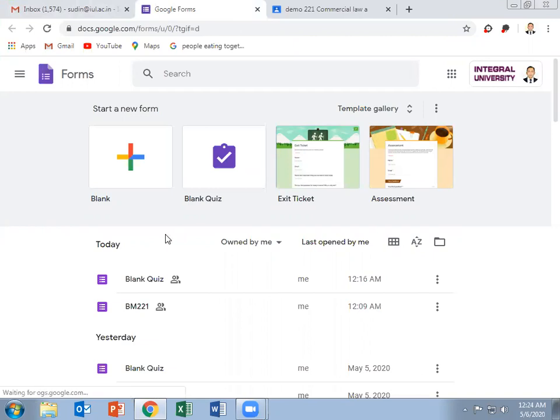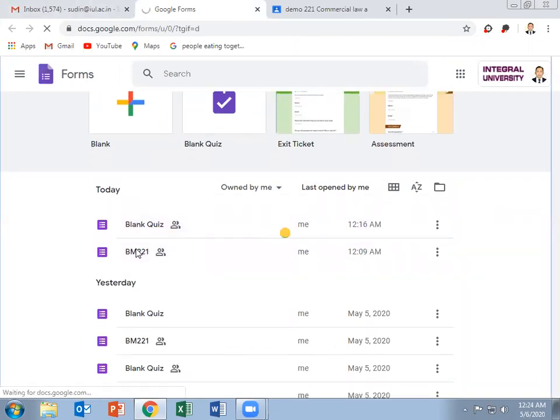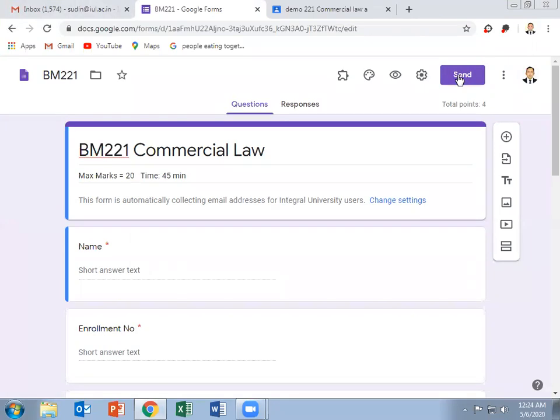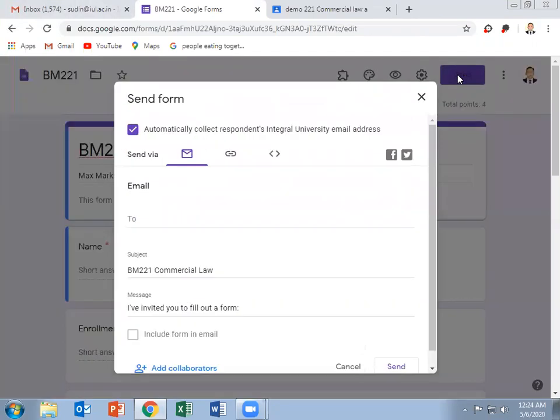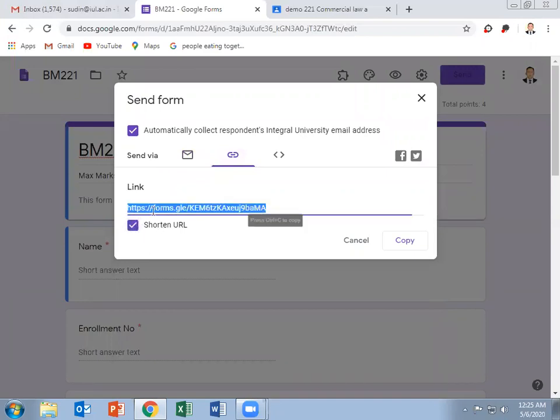Here the form is saved, BM221, we will click on this one. Then we can click on the Send button, and we get this window. Now we click on the link button. We can shorten our link, then press Ctrl C. Now the link of the form is copied. Close this window.